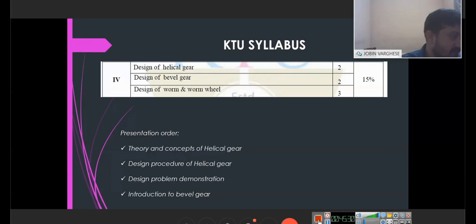And when we come to high-speed operations, spur gears cannot be used, or I don't say cannot be used, however, they are quite noisy and the